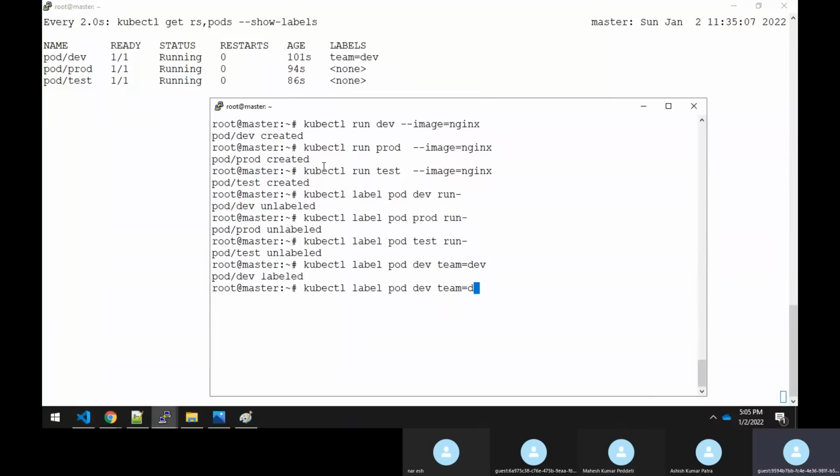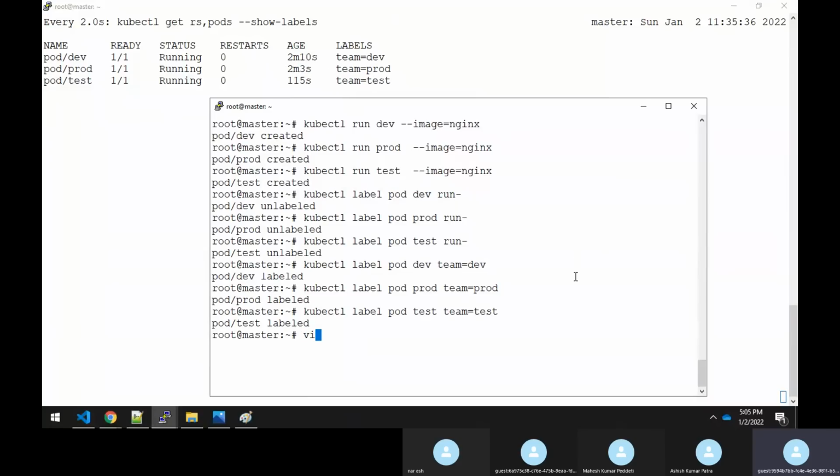Similarly, for the prod, team is equal to prod, and the pod is prod. Similarly, team is equal to test, and the pod name is test. So now you could see that you have set the labels now, correct?